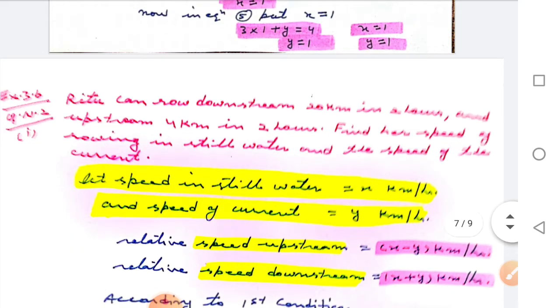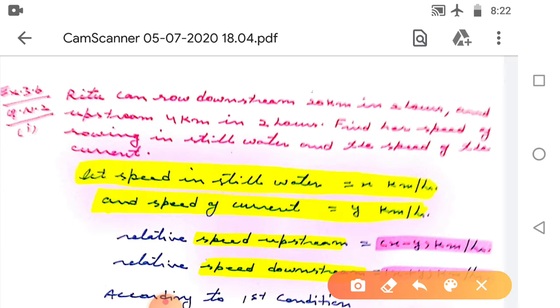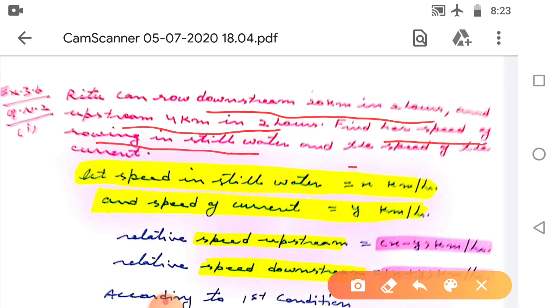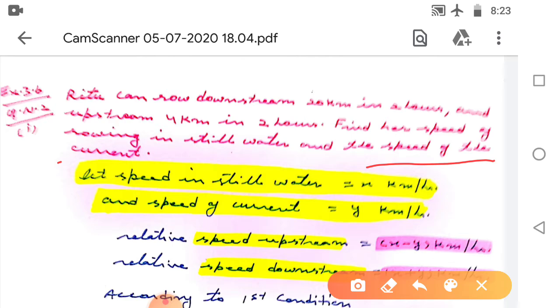Okay, it's a good question. Ritu can row downstream 20 kilometer in 2 hours and upstream 4 kilometer in 2 hours. Find her speed of rowing in still water and the speed of current. The speed of the current means the speed of the flow of water. Clear? And the speed of rowing,